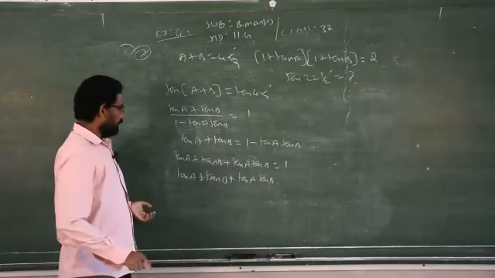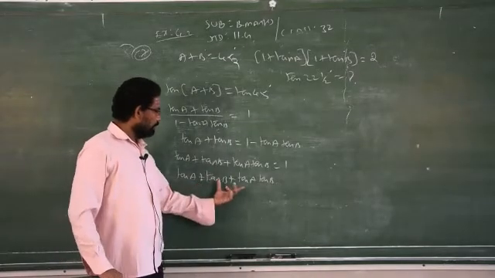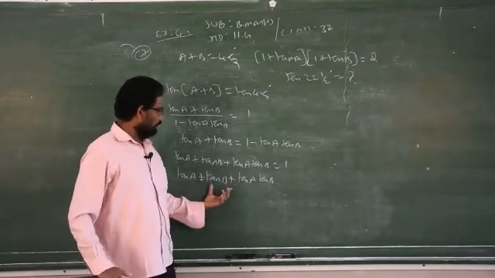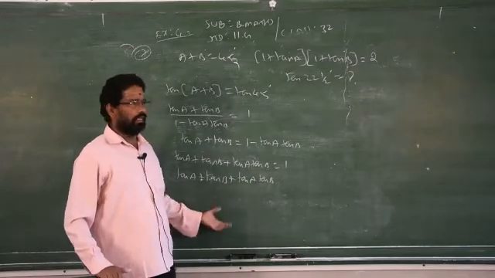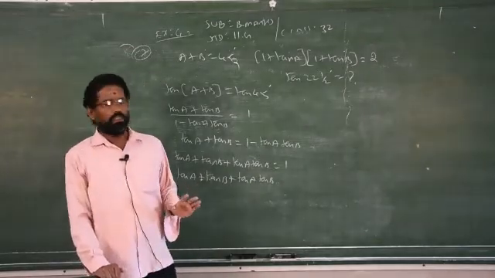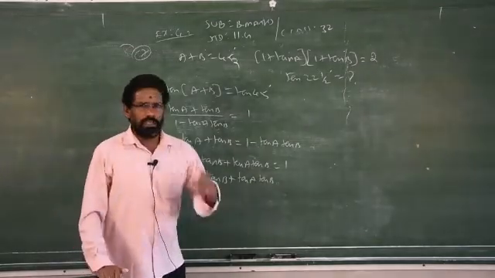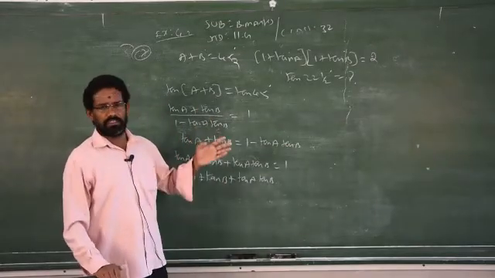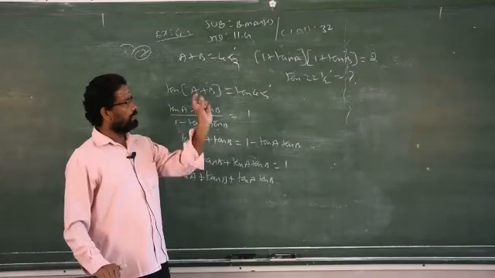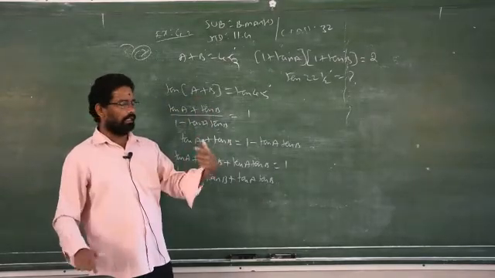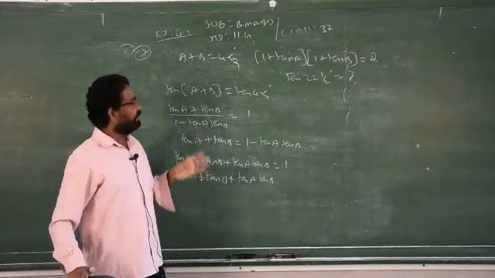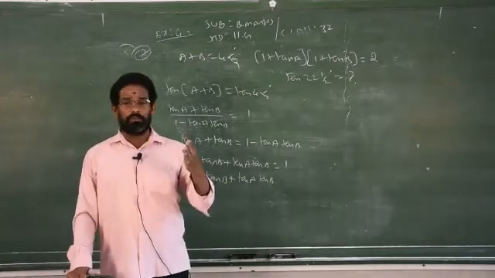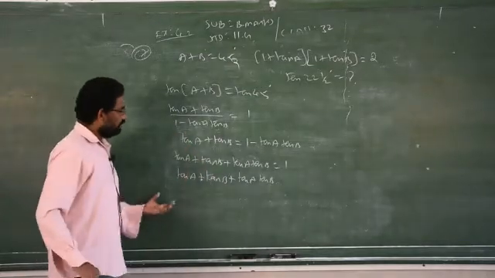Because I cannot write the 3 terms into 2 factors. That is not possible. If you have 4 terms, then you can write easily into 2 factors. That's what you did in factorization. In factorization, you are splitting the middle term into 2. So x square, x and constant. If there are 4 terms, it will be very easy for us to write the factors.